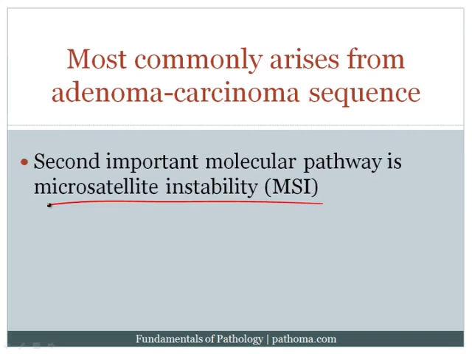Now let's assume, for example, that the patient has some defect in DNA copy mechanisms. For example, they have a problem with their DNA mismatch repair enzymes. Well, in that particular case, they may not be able to maintain the stability of their microsatellites as they copy the DNA over and over again, and this would introduce something called instability, and that's exactly what we mean when we say that there is a molecular pathway called microsatellite instability, i.e., there are problems with the DNA copy mechanism so that the microsatellites become unstable. Now, of course, if the microsatellites are unstable, that's a sign that other genes would also be unstable, and therefore mutations in other genes could potentially lead to the development of a colorectal carcinoma.